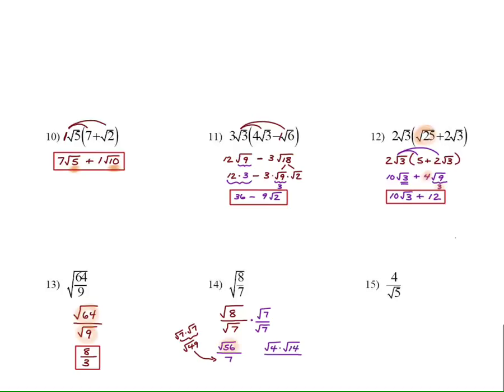And the pair that's going to make the most sense for 56 is 4 and 14, because 4 is a perfect square. So I have the square root of 4 times the square root of 14 over 7, and then the square root of 4 is 2. So my final answer would be 2 root 14 over 7. So kind of an involved process, but the whole idea there is we're looking to split it into two radicals and then rationalize so that we no longer have a radical in the denominator